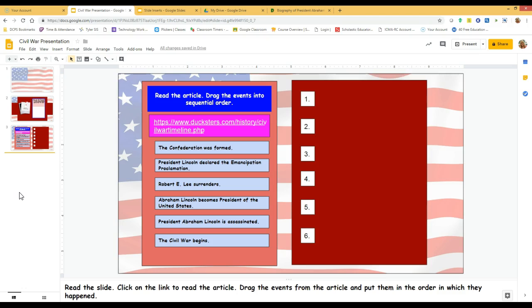Now in this video we are going to learn how to differentiate these slides for our students that have IEPs that require a read aloud, those kinds of things. It's going to make it more, let's say, user friendly, and the students will be able to work at their own pace. We're going to do this by adding audio for it to read the slide to the students, and